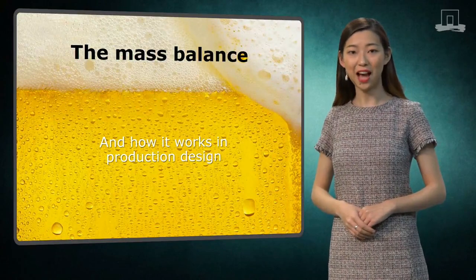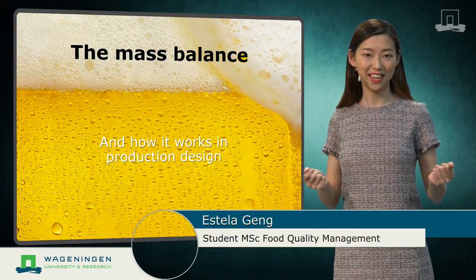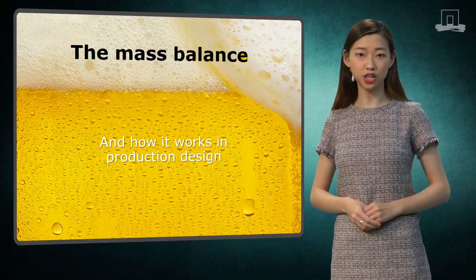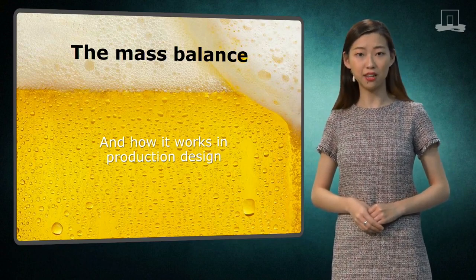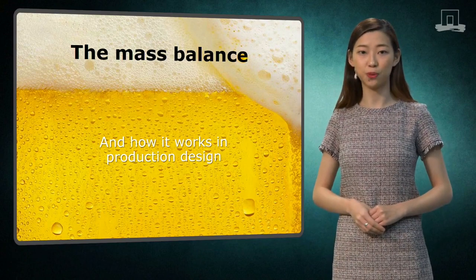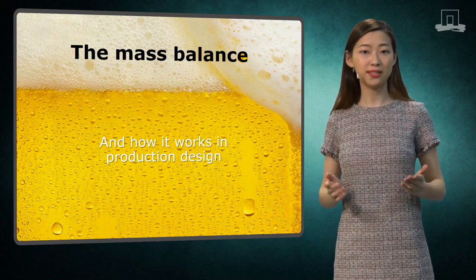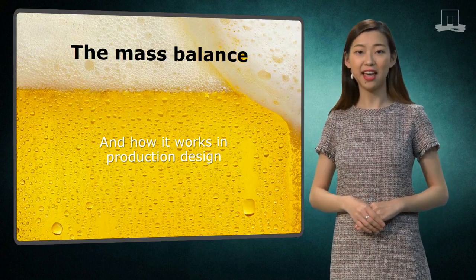In this video, I'm going to discuss the mass balance and unit operations. These are very important concepts when designing a production process. After working out the mass flow by mass balance, a factory can manage the process operation. And in the meanwhile, the result of this can be an indication of the factory production rate and used for